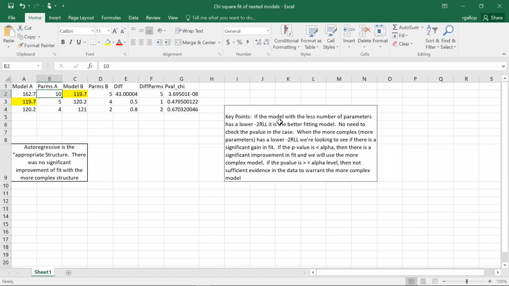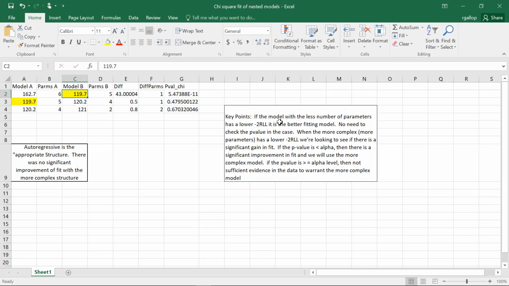The unstructured required for us in this case 6 parameters in the variance covariance matrix: the variance at each of the 3 time points, covariance 1 to 2, covariance 1 to 3, covariance 2 to 3. So there's the 6. I'm going to compare this to the autoregressive